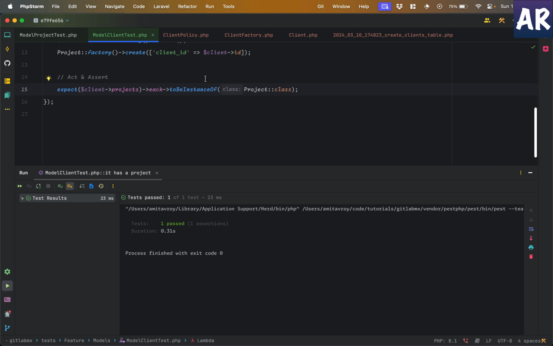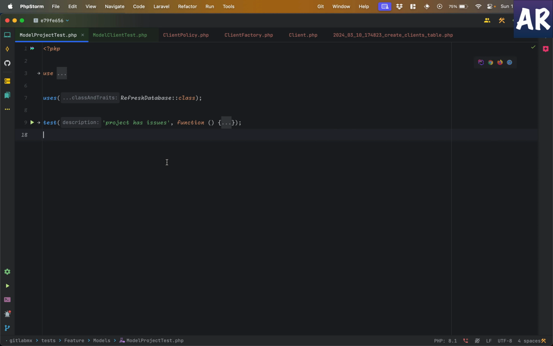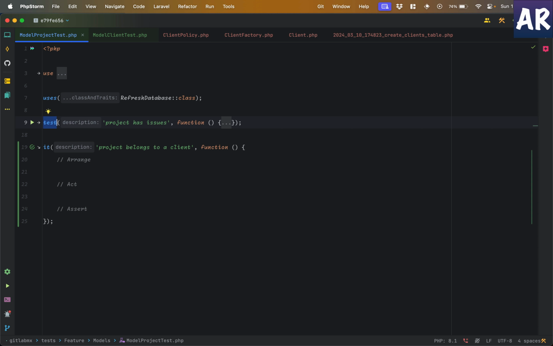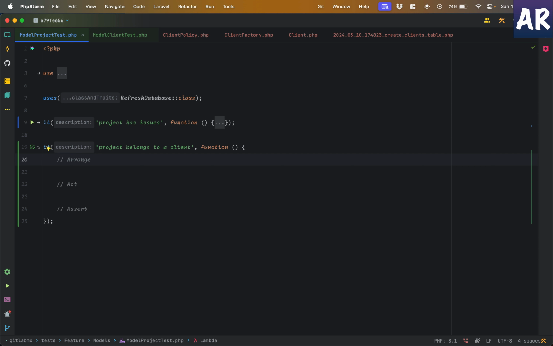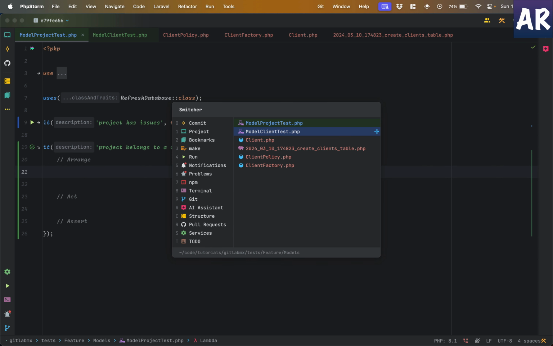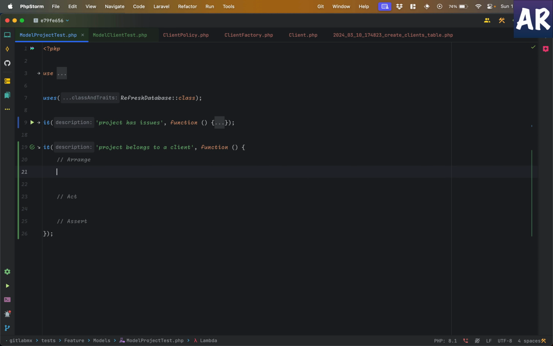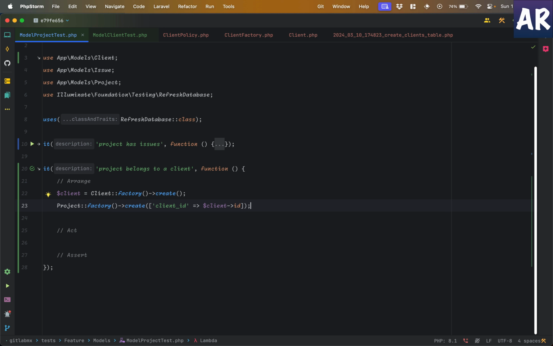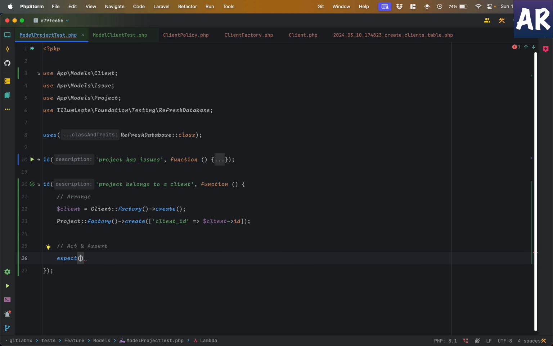Okay, similarly, I should have one test for the project, which is project belongs to a client. Okay, I just realized this is test. I'll do it to keep things consistent. Now in here, how do we test it? Again, I think most of the code will be kind of the same. So I'll have a client and then I'll have this and that, and then the reverse, which is expect that,